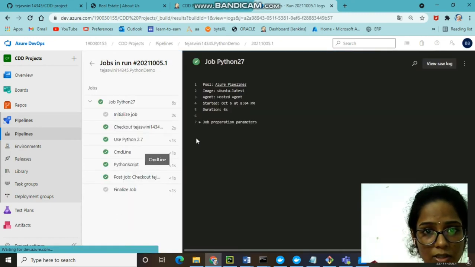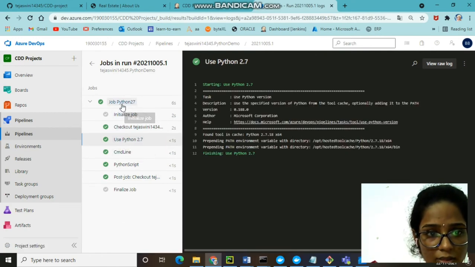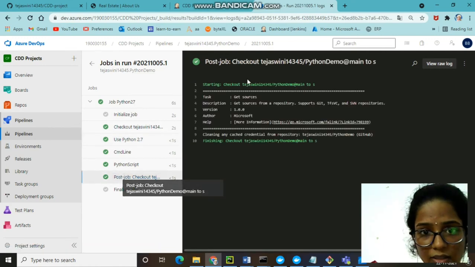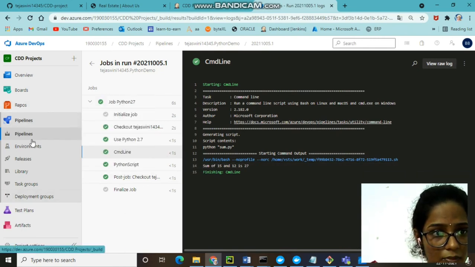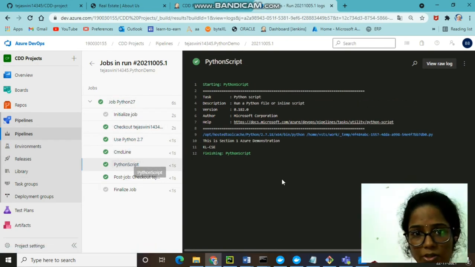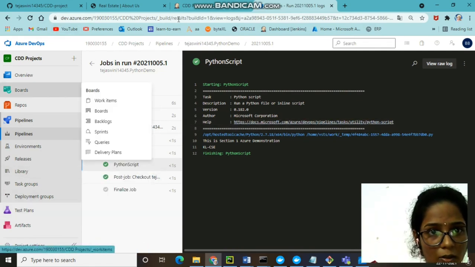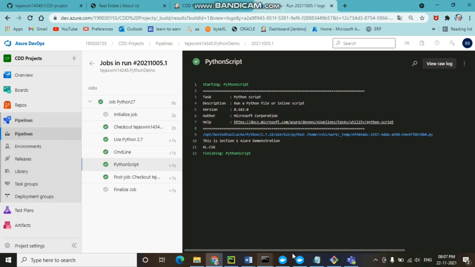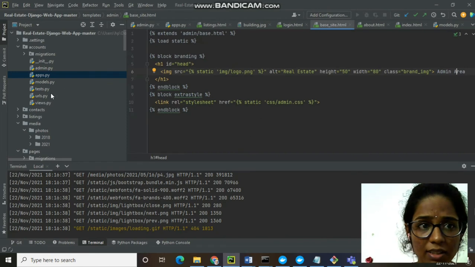You can click on that, and whatever you have created when you have checked out, all this information will be here, and the command line we can see here. And the Python script which is here in the document. By this you can see these codes which I had written in this project.